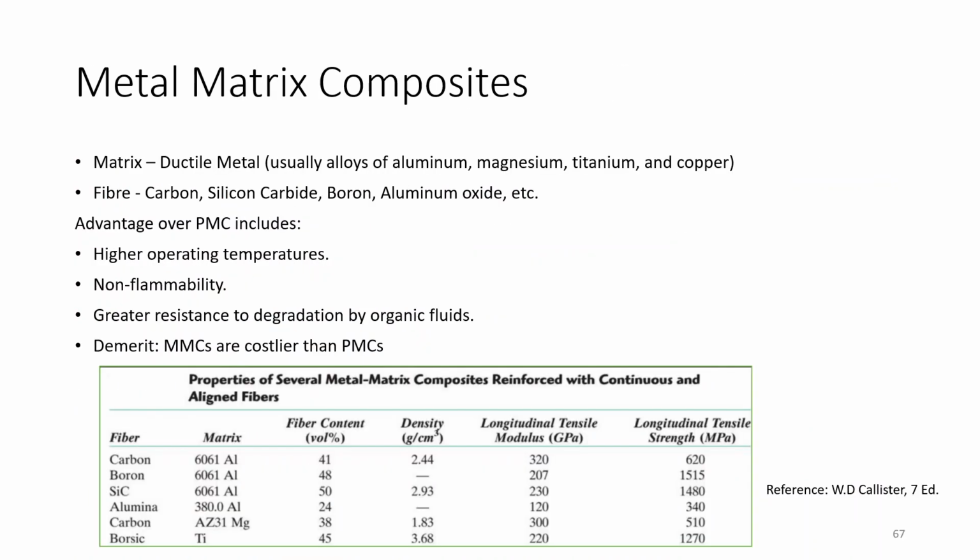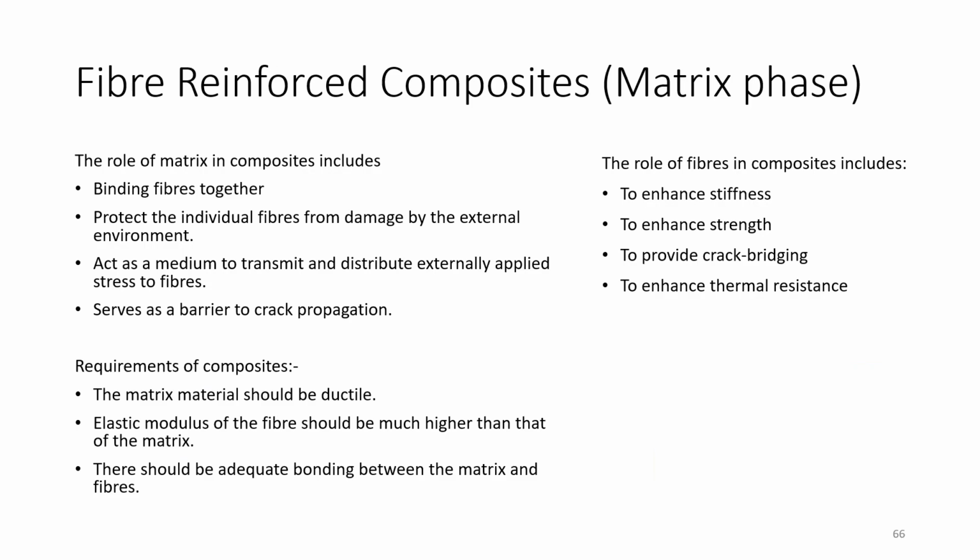Now fiber reinforced composites, so you have two phases, you have matrix and fibers. So your matrix will bind fibers together, enhance stiffness, enhance strength and provide crack bridging to enhance thermal resistance. And in case of this matrix, it binds this together, protects the individual fiber from the damage by the external environment, acts as a medium to transmit and distribute externally applied stress to the fiber, serves as a